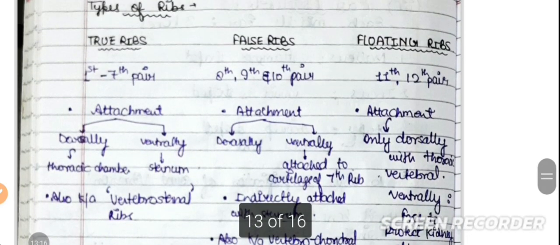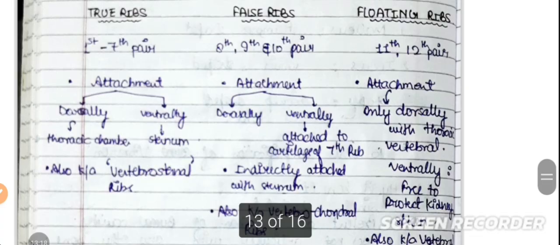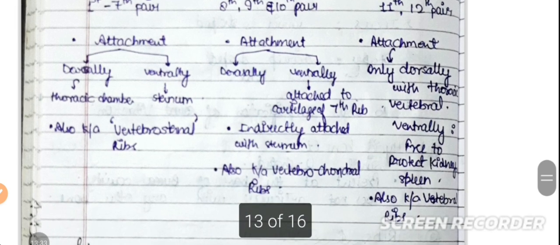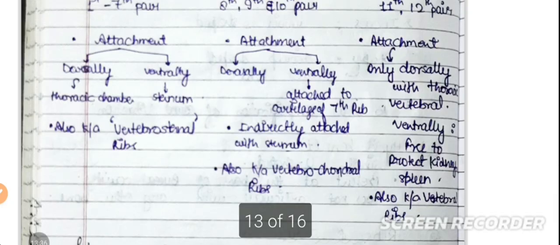Now when we talk about our floating ribs, these are the 11th and 12th pair of ribs which have the attachment only dorsally. They are attached to the vertebral column and they are ventrally not attached with any other, and the main function of them is to protect kidney and our spleen organ. Spleen we talk about in the topic body fluids and circulation. Spleen is said to be the graveyard of RBCs, and that is why they are also known as vertebral ribs. Here in the name it is only vertebral ribs because they are not attached to any other thing in